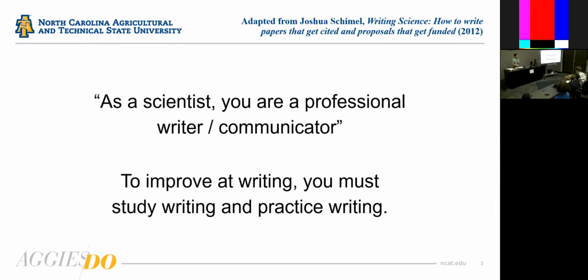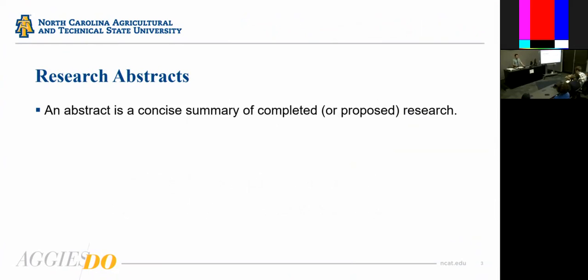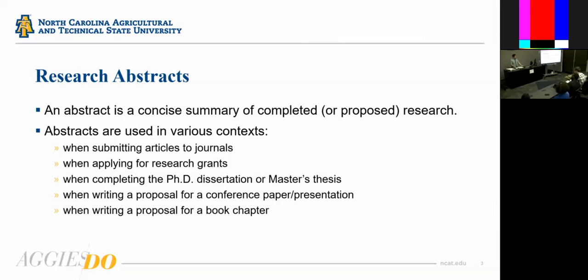All right, so moving on to the subject at hand, when we talk about research abstracts, we all have a sense of what they are. Of course, they're a short summary of either completed or proposed research. It's often very short, as we'll see, can be 5 sentences, 7 sentences. Usually they're under 200 words. There are different limitations in certain publication venues. But it's a short summary that ties together all these components of what your research is or what your proposed research will be.